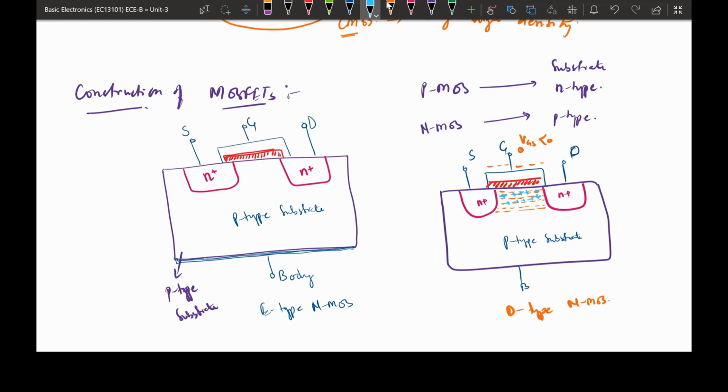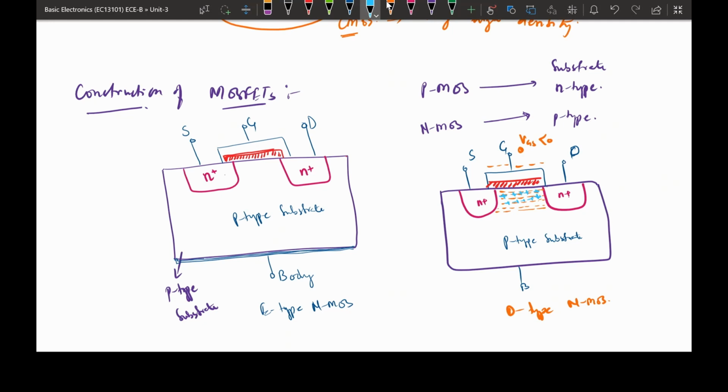So it is going to replace the electrons, because previously it was having electrons, but now it is not. It is positively charged ions that are there in between the N plus and N plus. So it is going to obstruct the channel, or replace the channel with positively charged ions. Once it is replaced by positive charge immobile ions, there will be fewer electrons available in the channel. So as there are fewer electrons in the channel, less current will be flowing between drain to